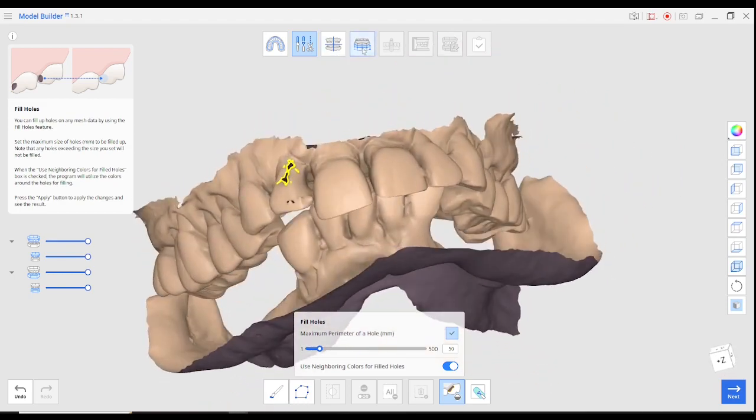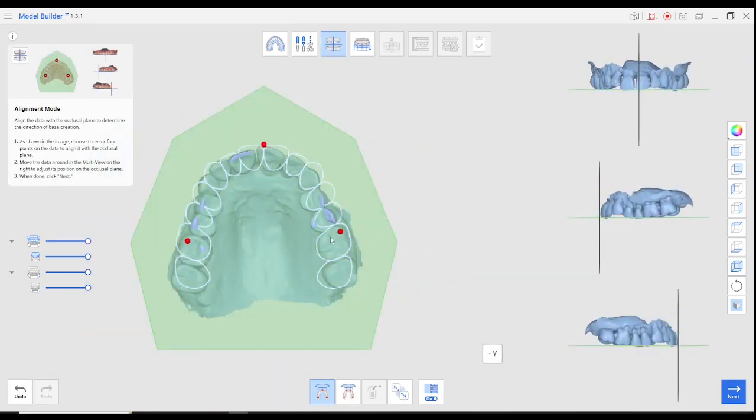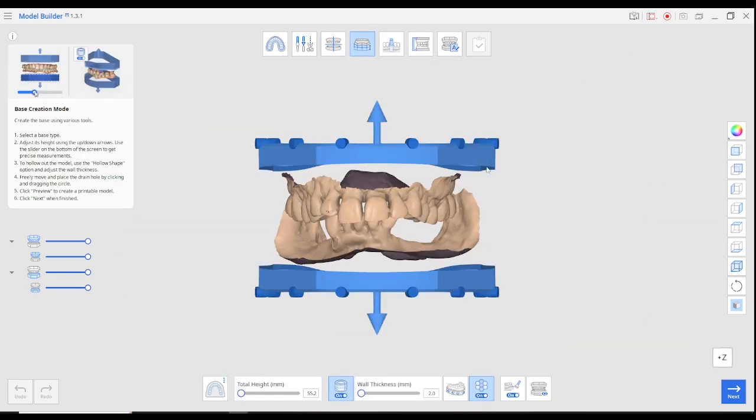Let's move forward to the next step, aligning the plane of occlusion. Actually, in the newer version, it just aligns it all by itself really well. You can make further adjustments if you wanted to, but this looks pretty well aligned to me. So I'm going to switch next to our